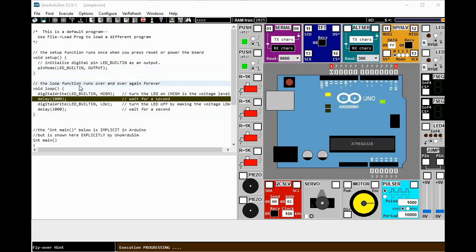Then for digital write, we're just going to use the digital pins. So we're just going to light several LEDs so we can check whether the output is working or not.